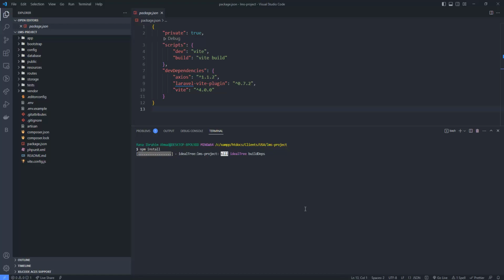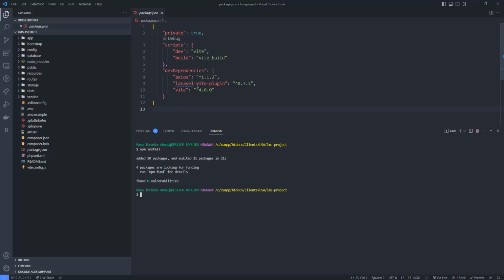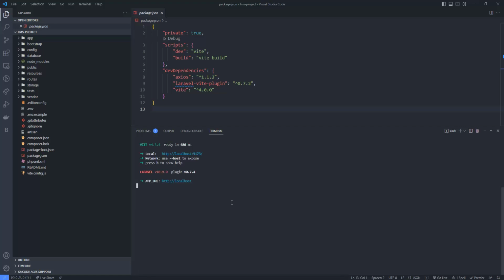This will take a little time, a few minutes depending on your project. If you have more dependencies, it is going to take more time. I don't have that many dependencies, so this will not take much time. So I have that here. Now I'm going to run the command npm run dev to run my Laravel application and check if it's working fine or not. I will hit enter. This will take a little time. npm run dev, and